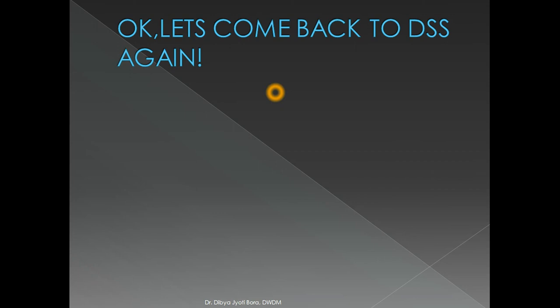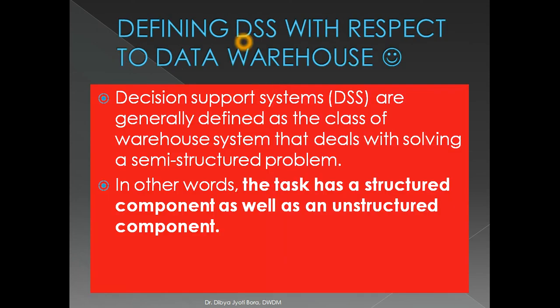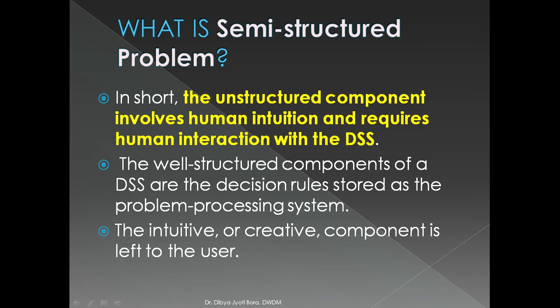Okay, then let's come back to the DSS again. Now we try to define DSS from our data warehouse point of view. Now this definition is very important for you, and I suggest you note it down. DSS are generally defined as the class of warehouse system that deals with solving a semi-structured problem. That is, the task has a structured component as well as an unstructured component. So DSS are related with some semi-structured problem. Now, what is a semi-structured problem. As you have